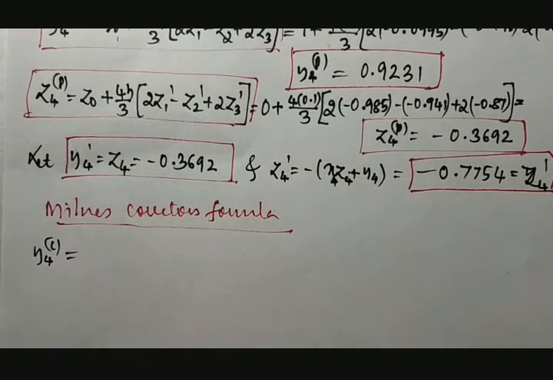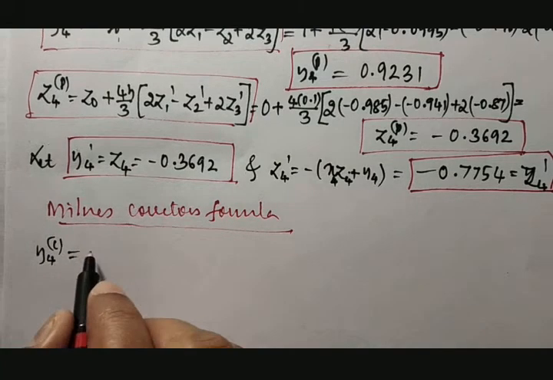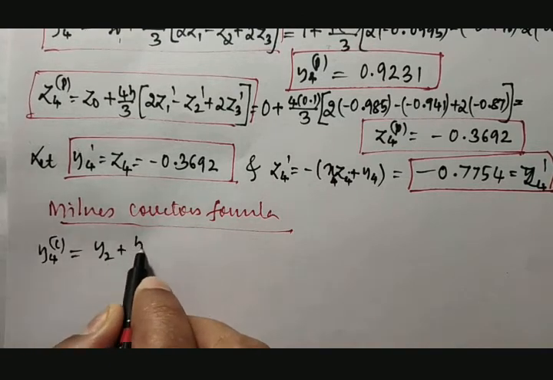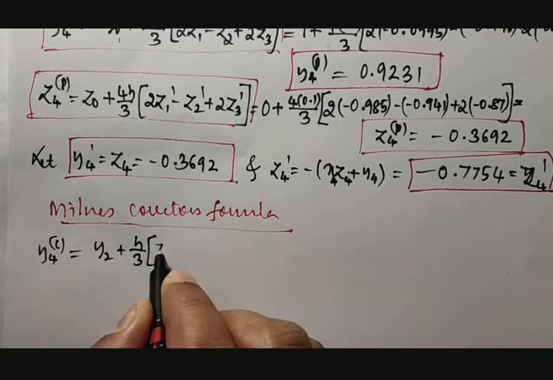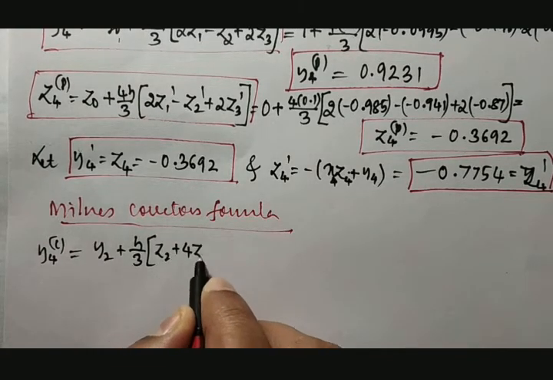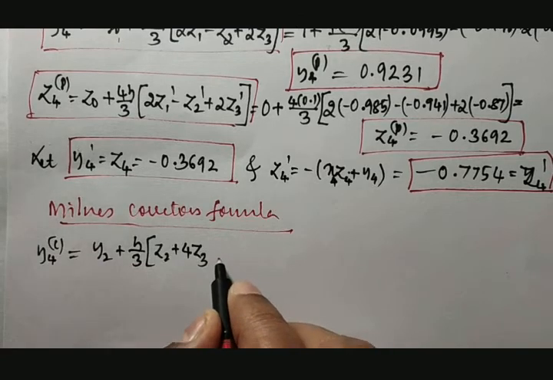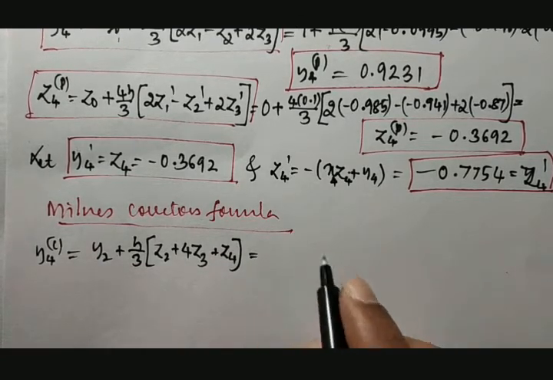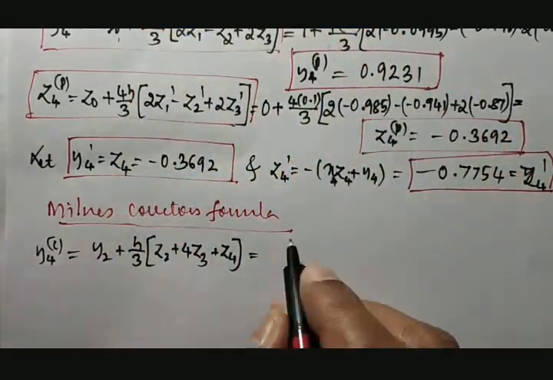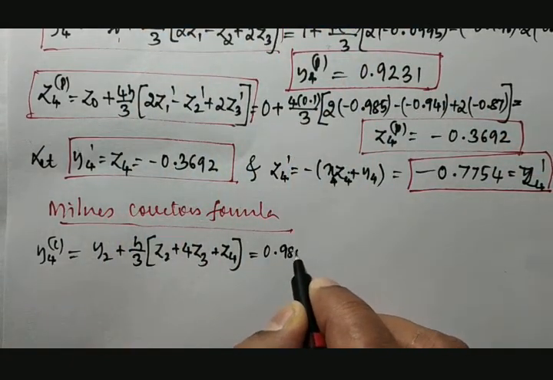Correction to y4 is equal to y2 plus h divided by 3 into z2 plus 4 z3 plus z4. So y2 from the table is 0.9801